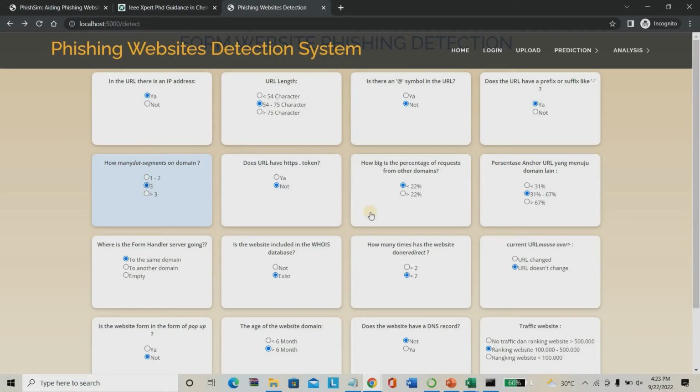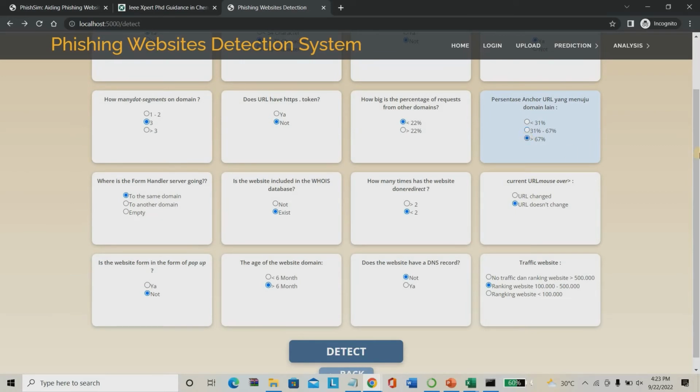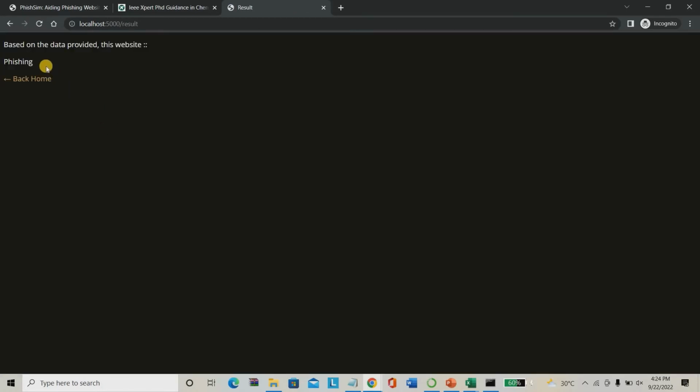Domain name more than 67%. Redirect more than 2 redirects. Website not available in the database. Website age lesser than 6 months. Now I'm giving direct, and it shows the website you are checking completely belongs to phishing.